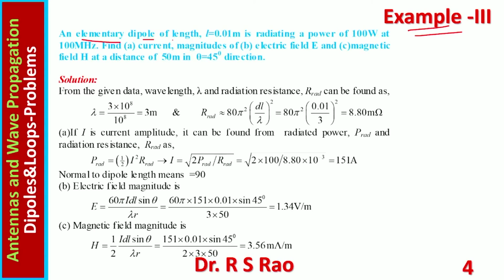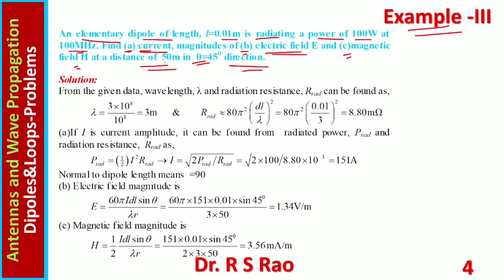An elementary dipole of length 0.01 meters is radiating a power of 100 watts at 100 megahertz. Find A. Current. B. Magnitude of electric field E. C. Magnitude of magnetic field H at a distance of 50 meters in theta equal to 45 degrees direction. This is the problem. We are asked to find out current and also fields, electric field and magnetic field at